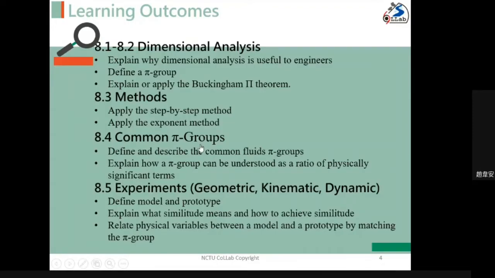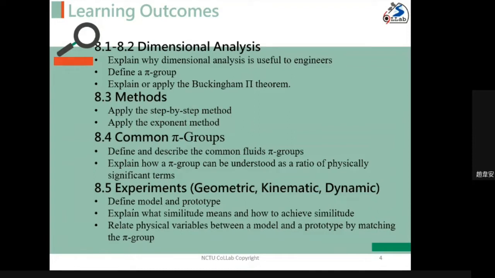So these are the learning outcomes. First, we will provide a brief introduction to dimensional analysis. Then there are two methods to do dimensional analysis. The first one is the step-by-step method. The second one is the exponent method. And what are the common pi groups? We will provide certain definitions of the pi groups and explain each one,